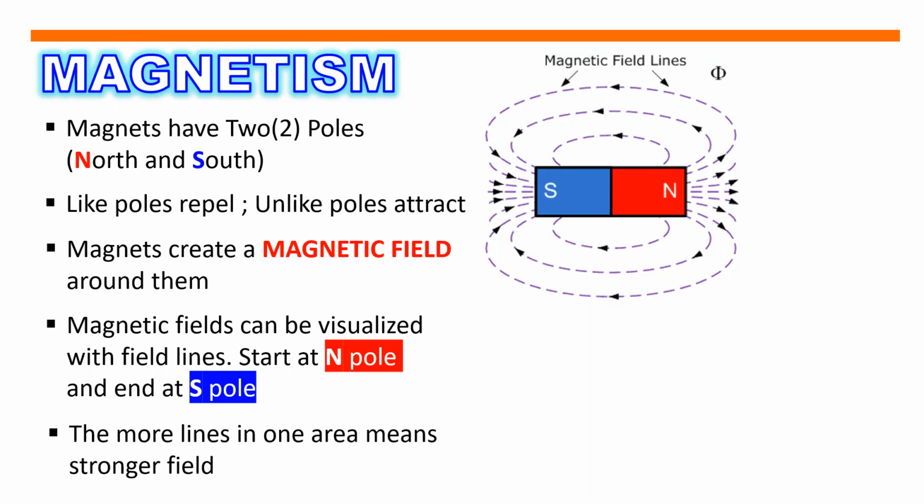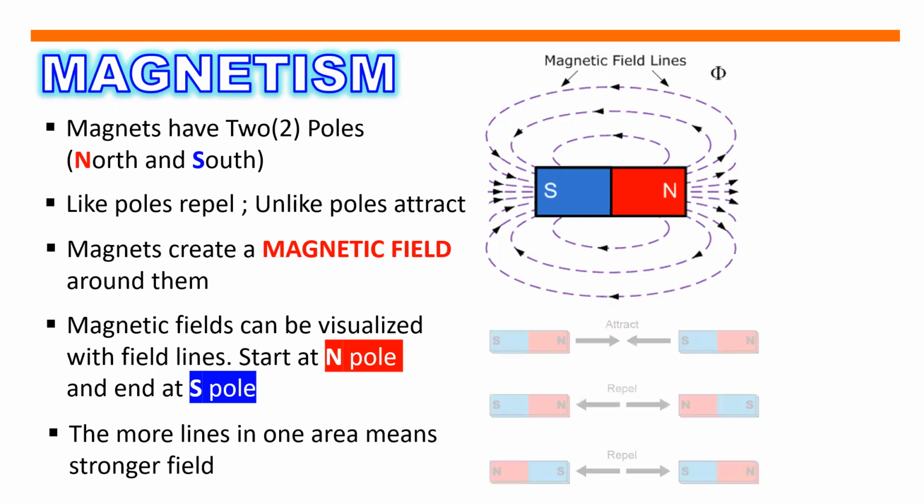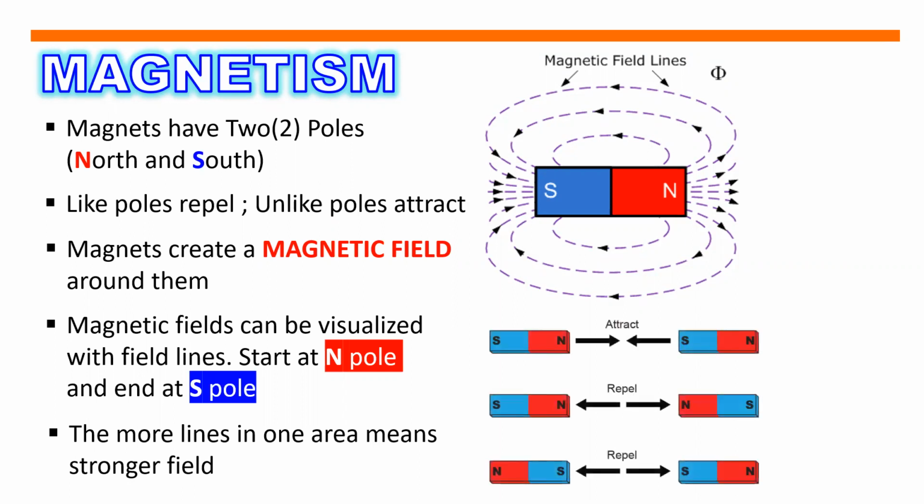And we know that like poles repel and unlike poles attract. So pag pinagsama natin yung parehong North or parehong South ng ating magnet bar, magre-repel sila. Pero pag pinagsama natin yung opposite pole, halimbawa isang North, isang South, then there will be an attraction force between